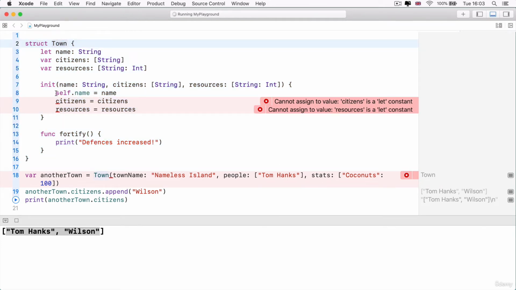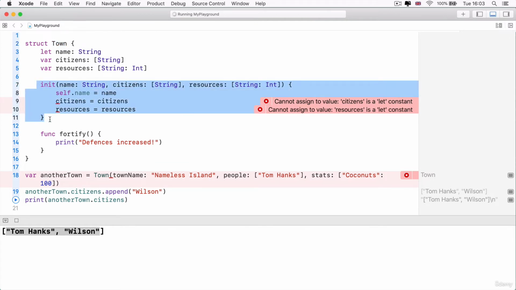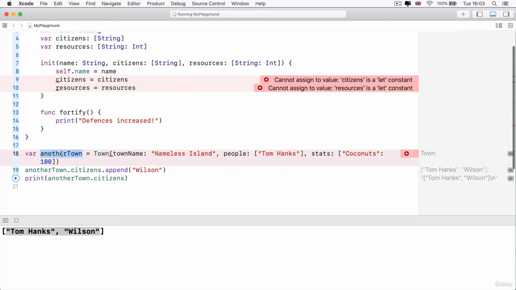Whereas right now we're saying self.name referring to the property name of our structure town. Well, eventually when we try to initialize our town, that self is going to refer to the object that's initialized.